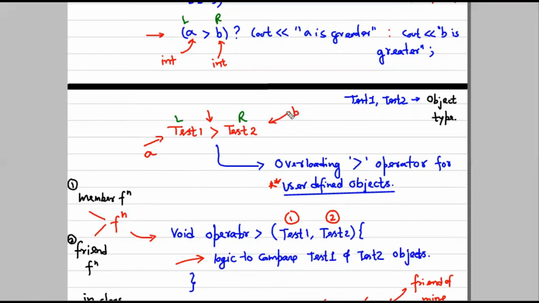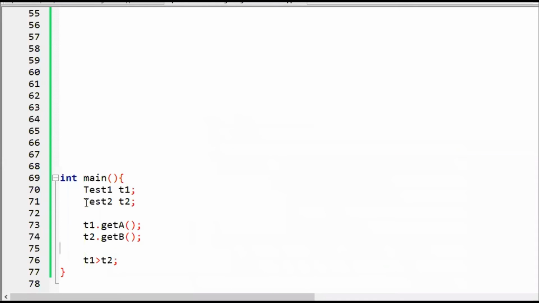Before comparing we have to set the values. So in test1 I'll create a function which will set the value, like set a, and in test2 I'll also set b by using cin or maybe the set method. Okay, so let me write the logic for you. So this is the main method.